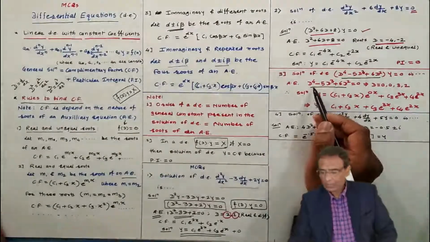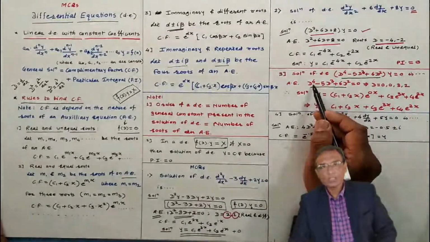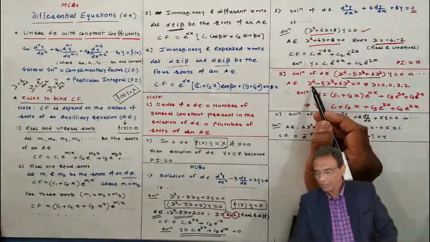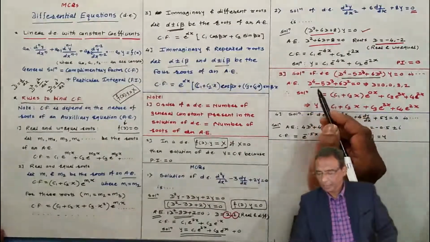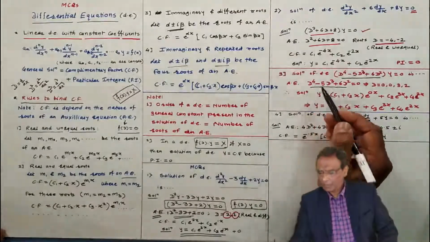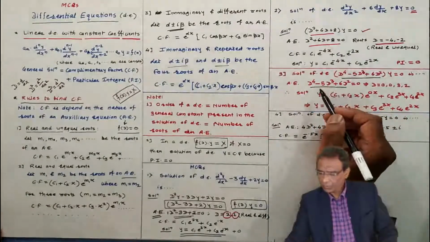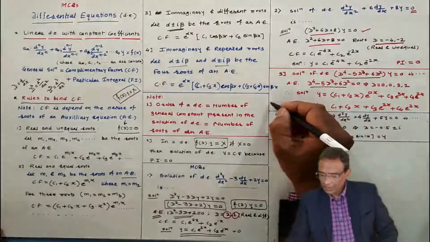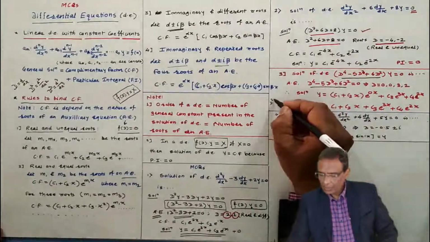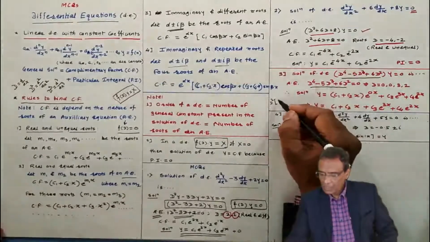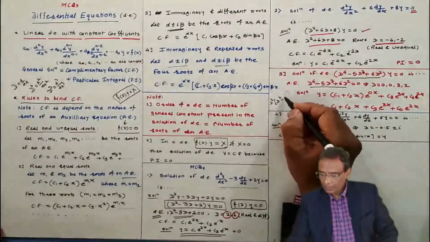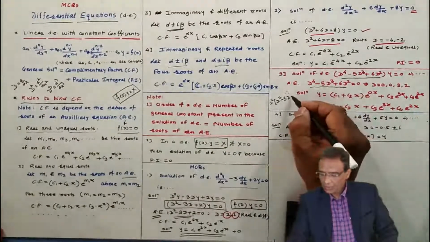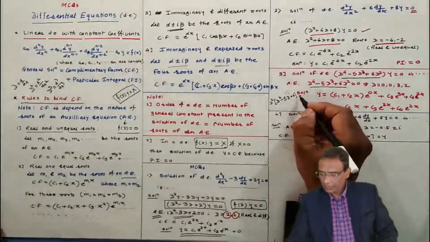Now in this calculator, this function doesn't exist. But the latest calculators are there, so you can find the roots. But it is very clear that you can also find them by the usual procedure. Now D squared is common, so I am taking D squared common. If you take D squared common, what will happen? D squared will remain, then D squared minus 5D, plus 6 equal to 0.